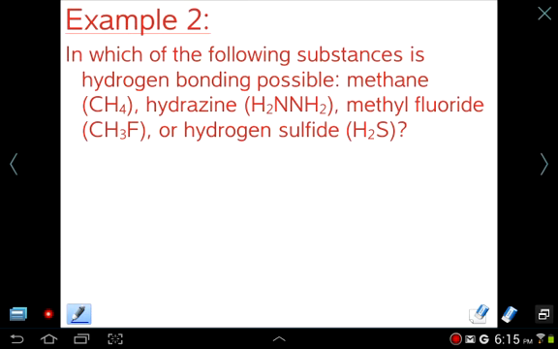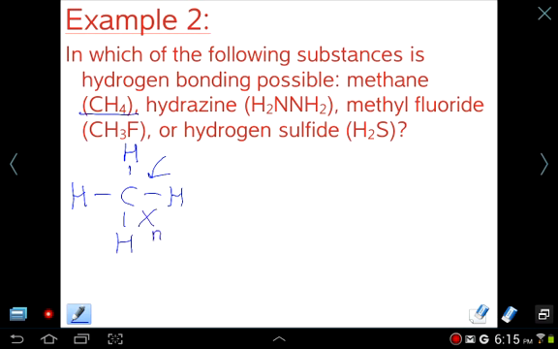In which of the following substances is hydrogen bonding possible? So remember, hydrogen bonding is this third force. You can think of hydrogen bonding as a very severe case of dipole-dipole force. It occurs because the hydrogen bonding molecules are very, very polar. If you take a look at methane and draw its Lewis structure, you do not see hydrogen bonding here, because remember, for hydrogen bonding you have to have oxygen, fluorine, or nitrogen bonded directly to hydrogen, and here there is no such bonding,